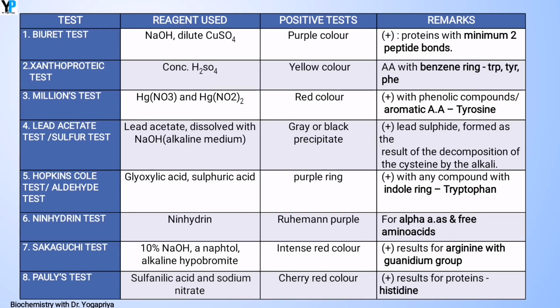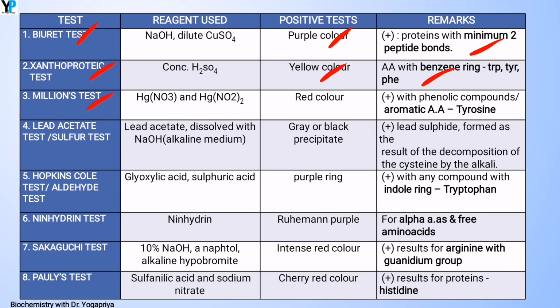This slide is the summary of the so far discussed 8 color reactions of proteins. The first test is the Biuret test. The end result is that it forms a purplish color throughout the test tube, and any protein with a minimum of 2 or more peptide bonds can answer this Biuret test. And the next one is the xanthoproteic test. It forms a yellow color, and when we make it excess alkaline, it forms a deep orange color, and it is positive only in case of benzene ring containing aromatic amino acids. Example, tryptophan, tyrosine and phenylalanine.